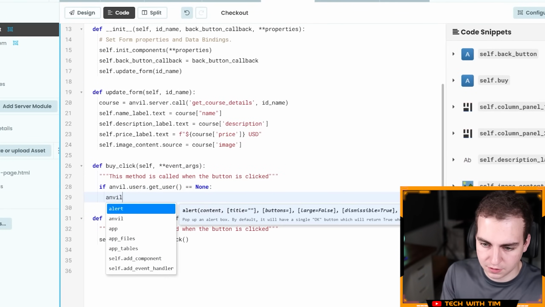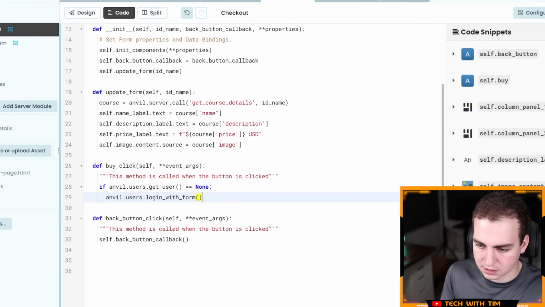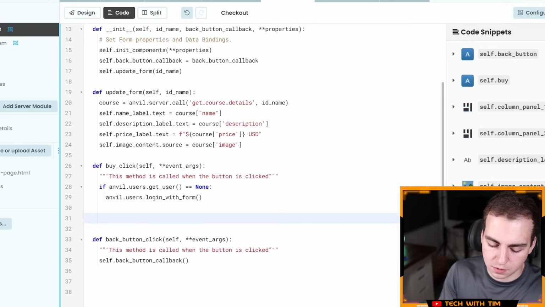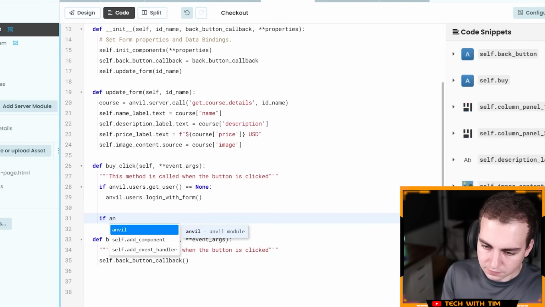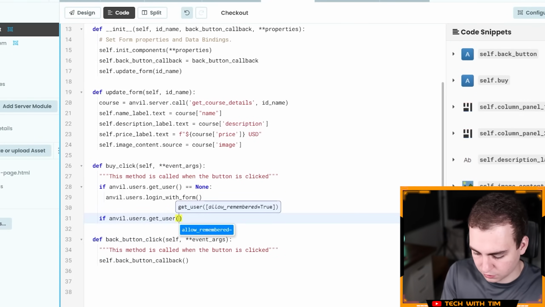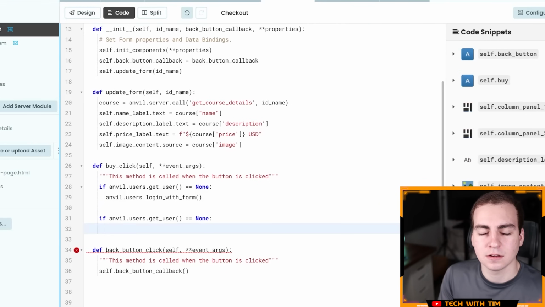So I'm going to say anvil.users.login_with_form. I believe that's what we had. Then what I'm going to do down here is check again if they're logged in, because they could potentially not log in from this form. So I'm going to say if anvil.users.get_user equals none, then I want to pop up a dialog window telling them that they need to sign in